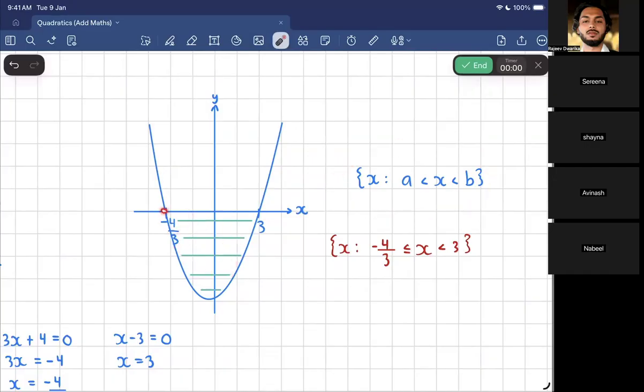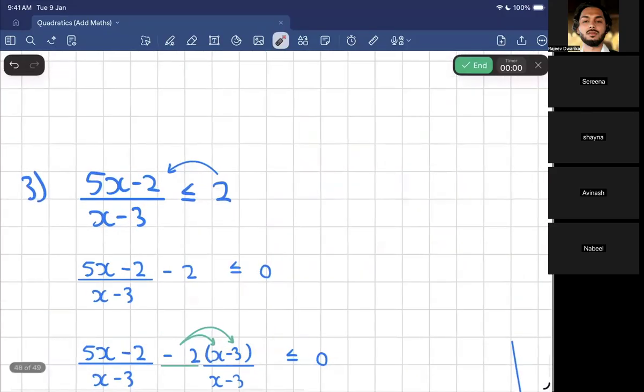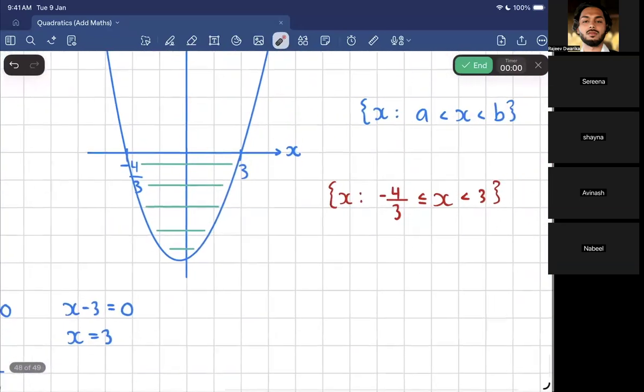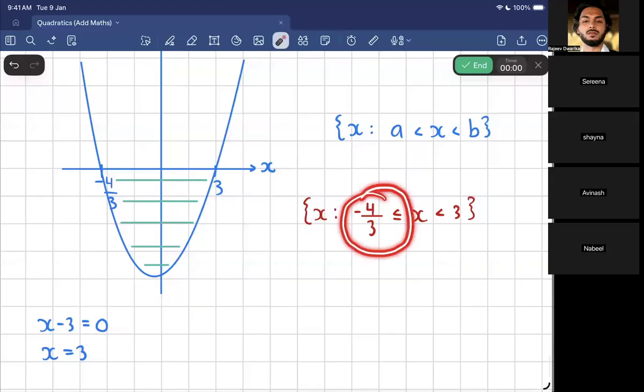So, our answer was from minus 4/3 to 3. Which one is smaller, minus 4/3 or 3? Minus 4/3, right? So I'll start off with that. Minus 4/3, I could plug that into the denominator, and that wouldn't give me 0, so I could include it. Look at the sign. The sign was less than or equal to. So if possible, I should put equal to. So I put equal to for minus 4/3, but I can't put it for